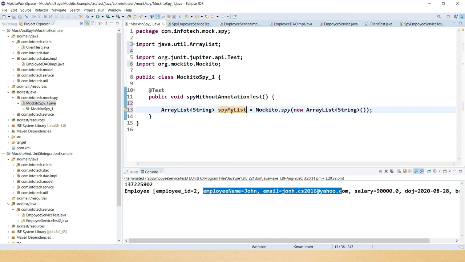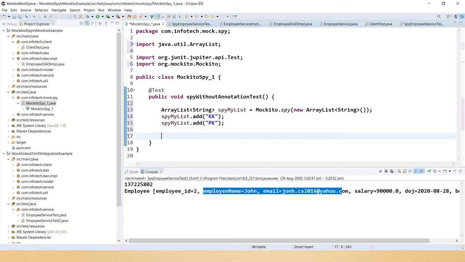And if I call the add method, let's say "kk", and the second string I'm going to add is "pk", right?